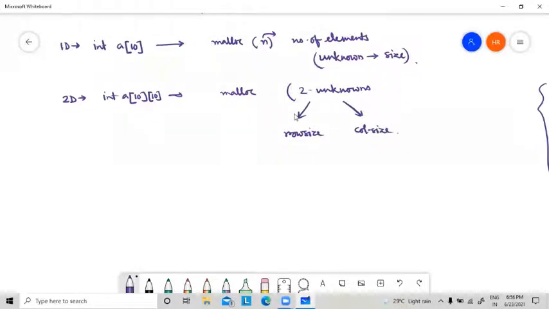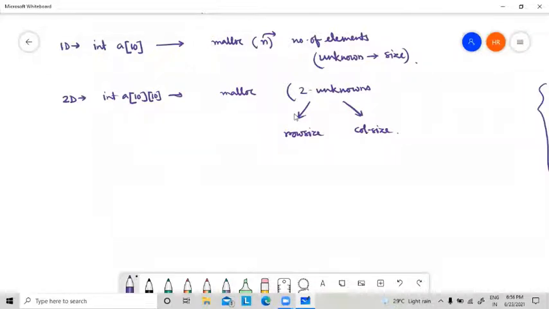So if we want to represent a 2D array using dynamic memory allocation, we have 2 different unknowns. One is row size, another is column size. Now, try to understand this.